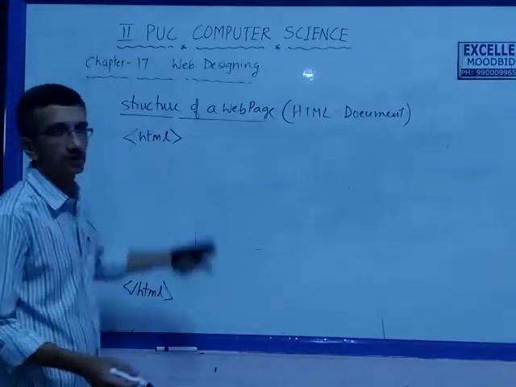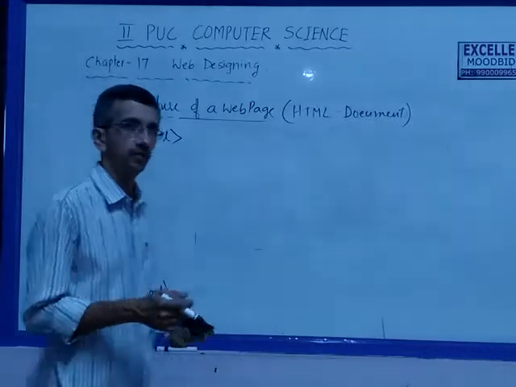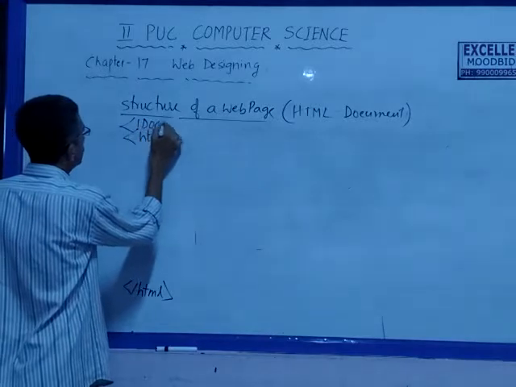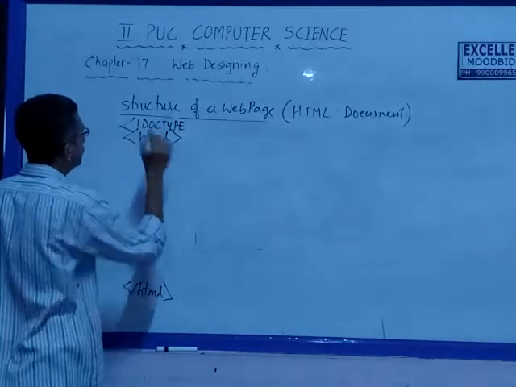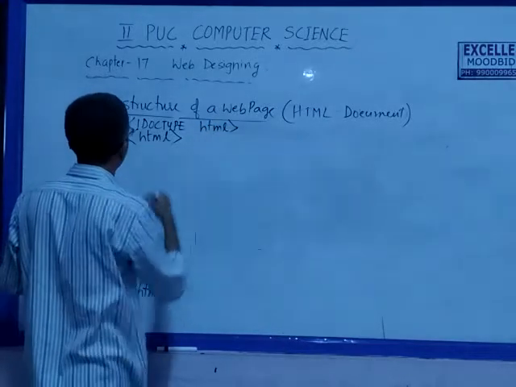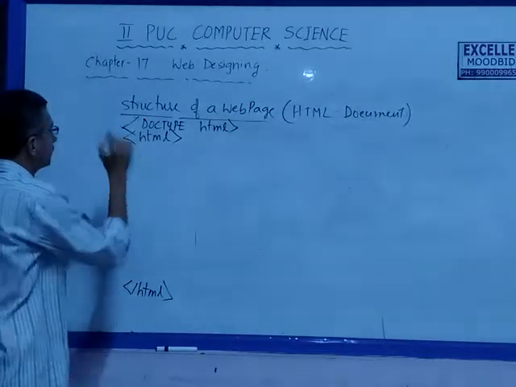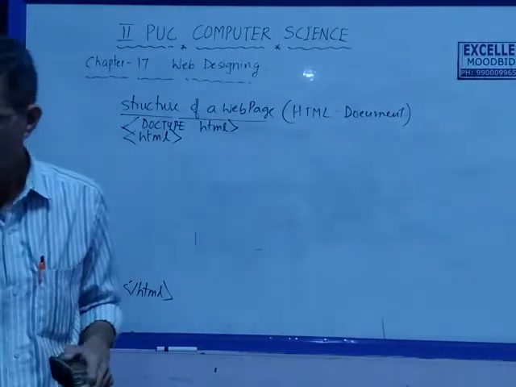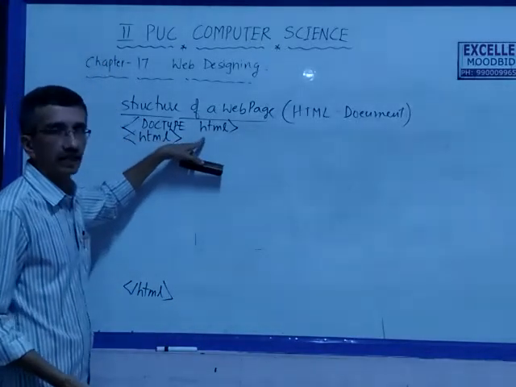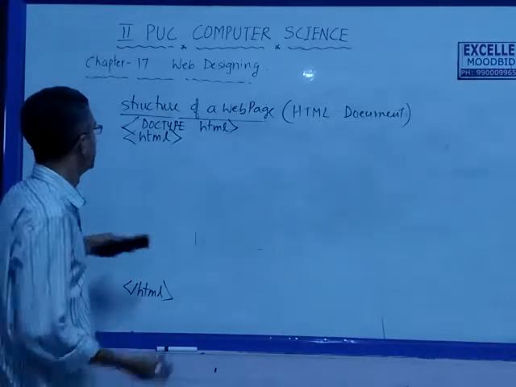Right? And before this, to have a standard HTML structure, we have the doctype element also. That also we can include, like here, doctype HTML. So the doctype element HTML can also be included. I think it is not given in the textbook, so it is not necessary. Anyway, this is a standard tag which has to be included for every HTML page on the net.